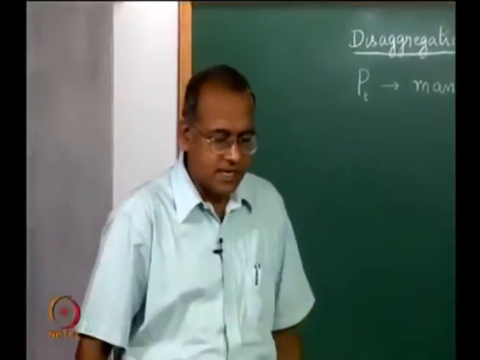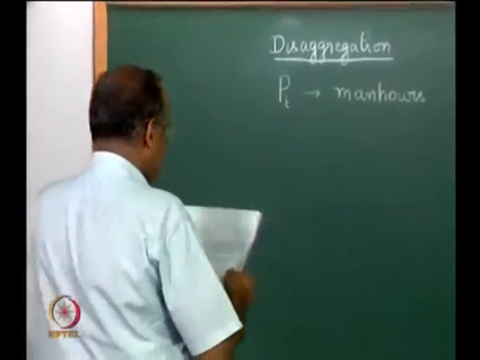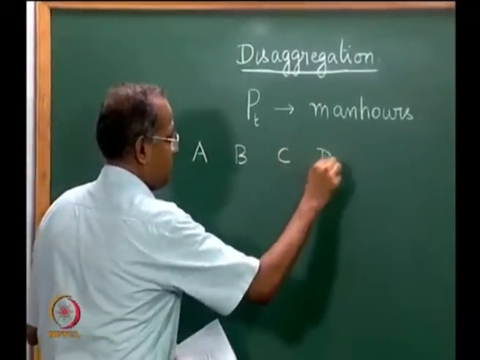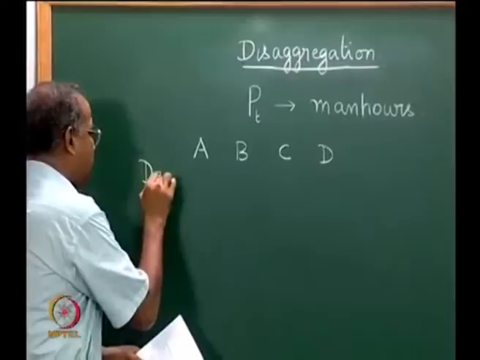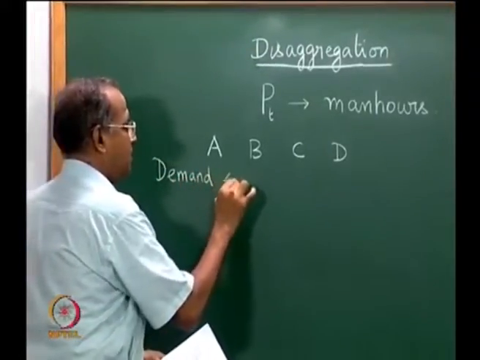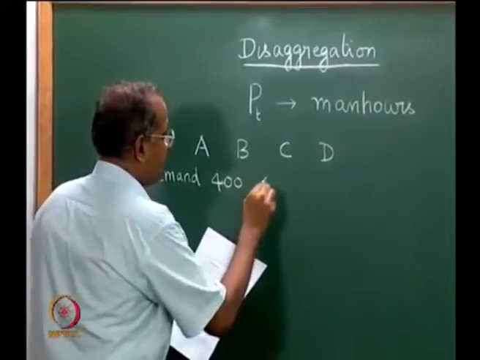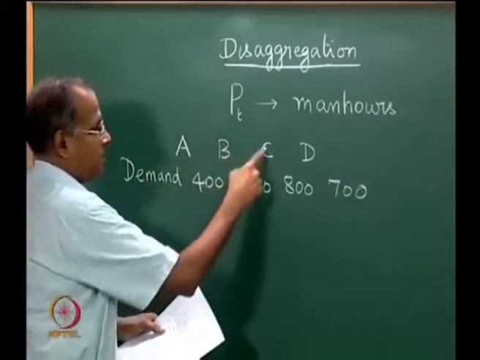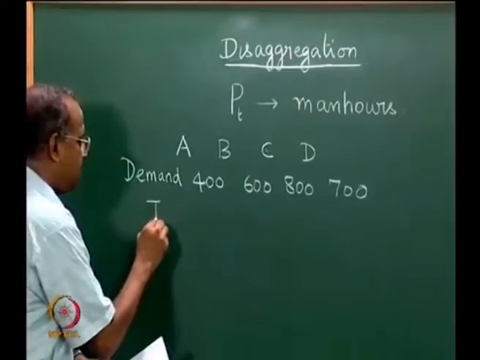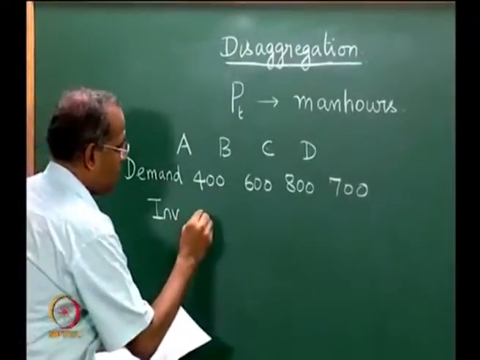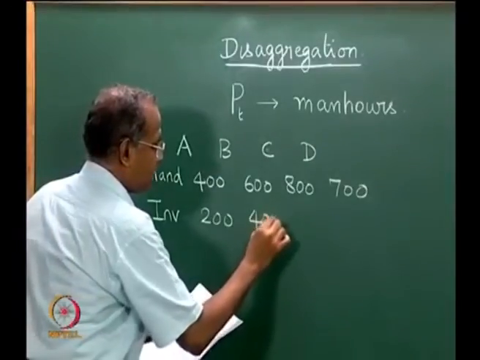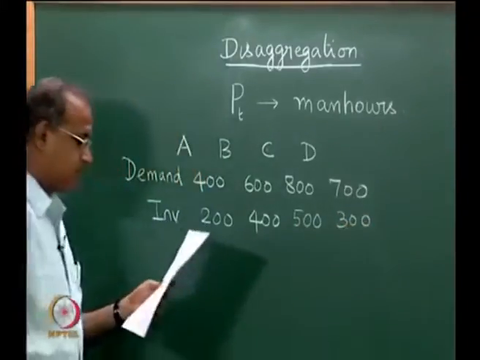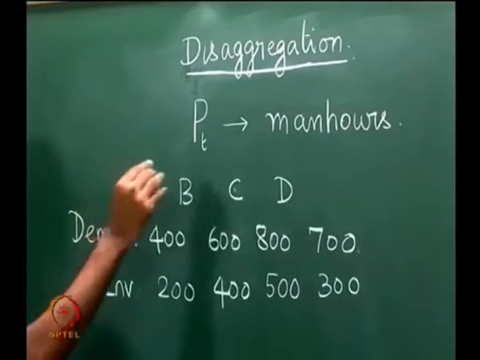So, let us define the disaggregation problem using an example. Let us assume that there are 4 products which we call A, B, C, D, and demand for these 4 products are 400, 600, 800 and 700 for A, B, C and D respectively. Inventory available is 200, 400, 500 and 300,